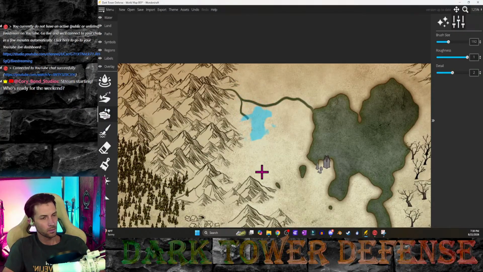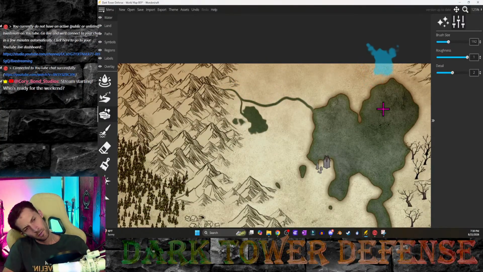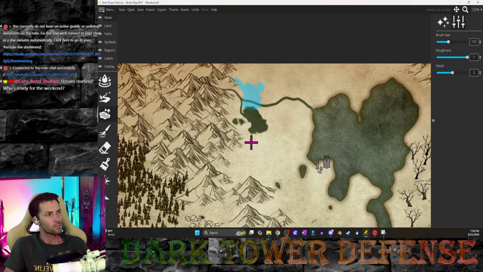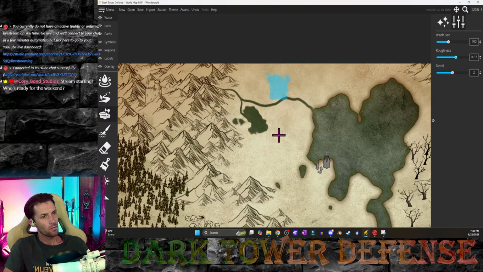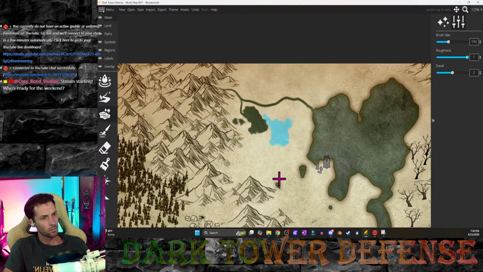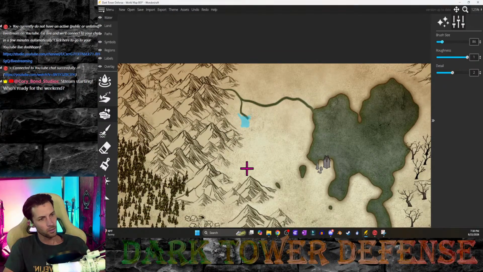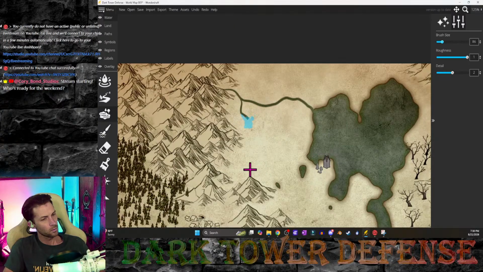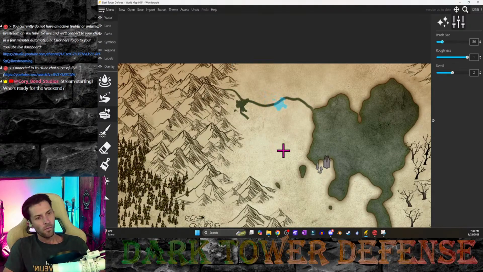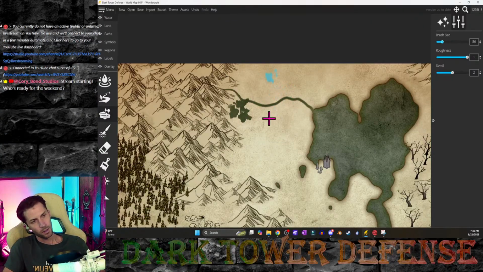Here's a lake tool. Oh, why did it go down there? Okay. Tell you what, let me make the brush smaller. Dang it, wrong spot. Maybe it's a little more like this. It's kind of marshy, so